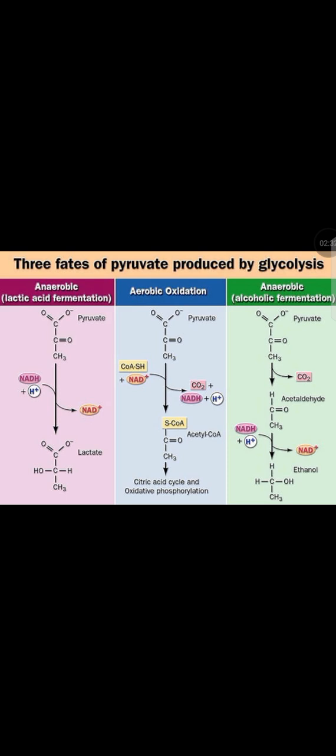the citric acid cycle for more generation of energy. This acetyl CoA is going to get oxidized into carbon dioxide. Then we're going to have generation of NADH and FADH2 in the citric acid cycle. Then FAD and NAD will take them to the electron transport chain for the actual generation of energy. That's about the aerobic